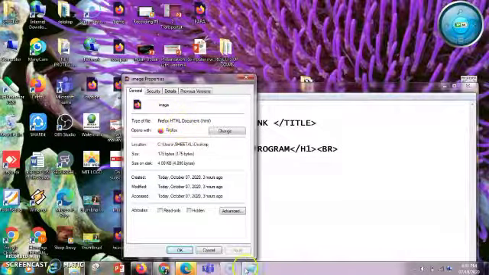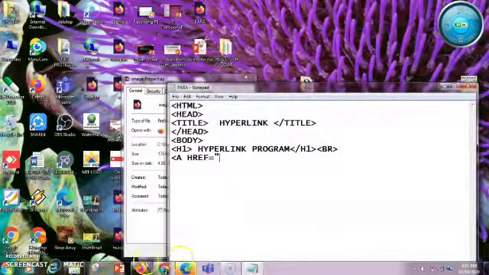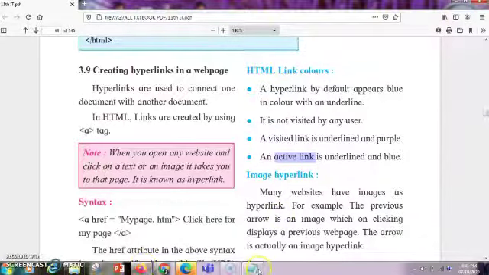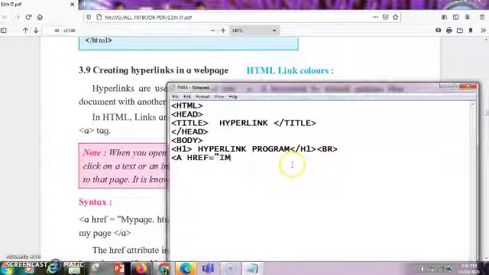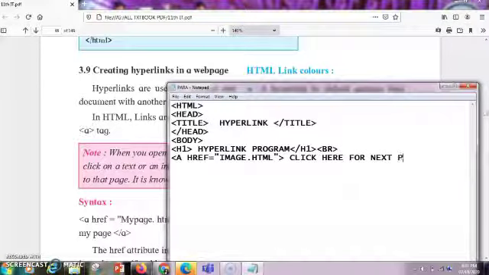So I'll write the path of this program over there, image.html. This program I want to connect with my link, and what will appear over here? Click here for next page. And now I'll end my hyperlink tag.